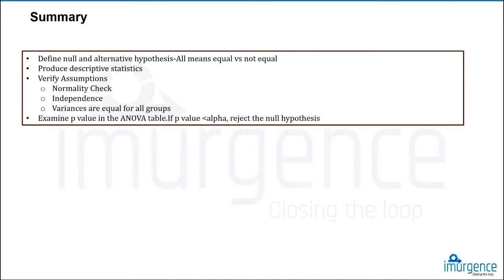So if you're doing formulation, say an optimization problem, then what is your problem? If it's a minimization or a maximization problem, the definition itself is very important. Then we'll be producing descriptive statistics like mean, median, mode, basis what you're going to compare, verify your assumptions, normality check, independence, variances are equal for all groups or not, examine the p-value in the ANOVA table, and if